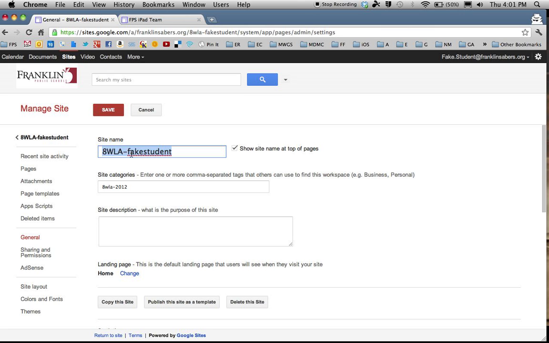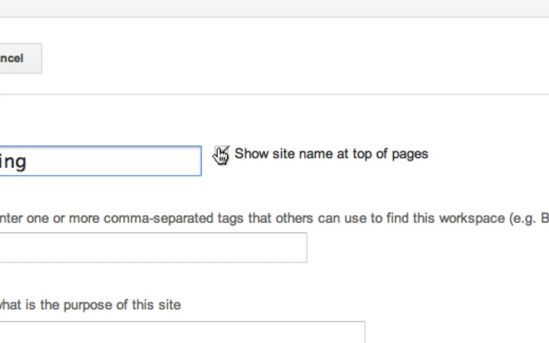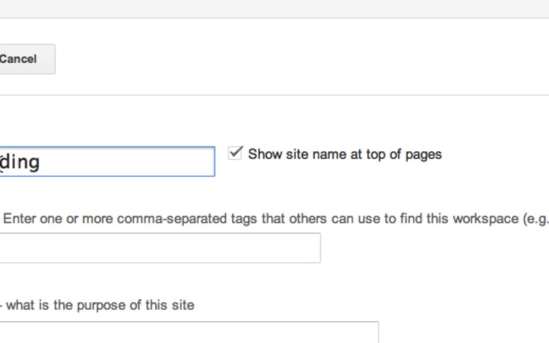You can change this. So if I know I'm going to make a site on snowboarding, I can type in snowboarding, and now this will appear at the top of my header. This does not change the address for your site. The address you chose does stay the same. This checkbox means that if I leave this checked, this name will appear at the top, so I'm going to